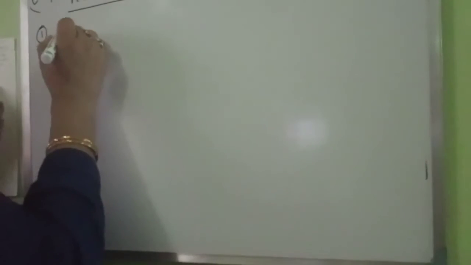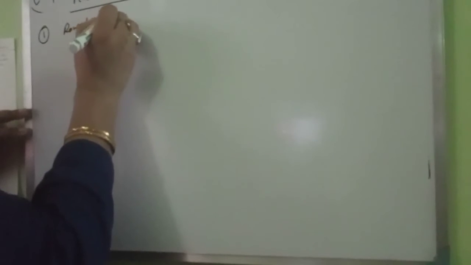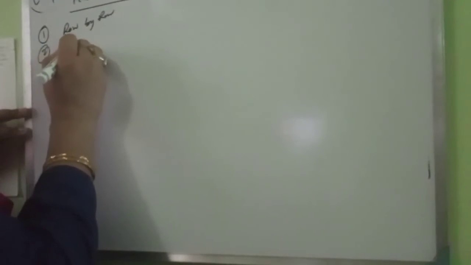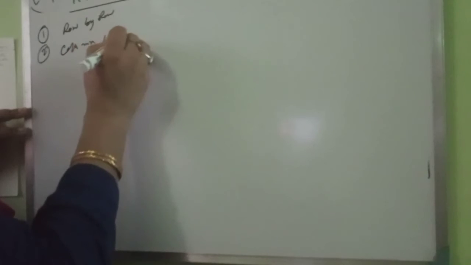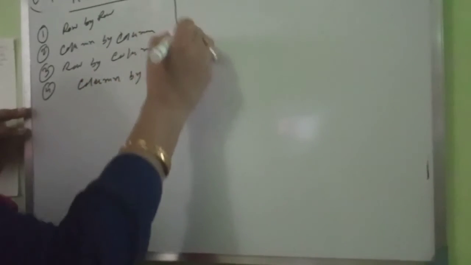And for determinants, there are four ways. What are the four ways? Here it can be multiplied row by row, column by column, row by column, and column by row. Okay, so these are the four types. These are the four ways we can multiply two determinants. Okay, but